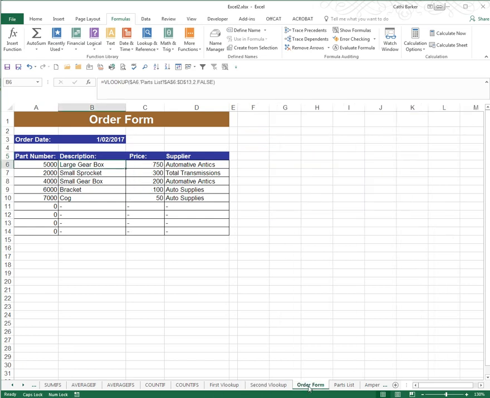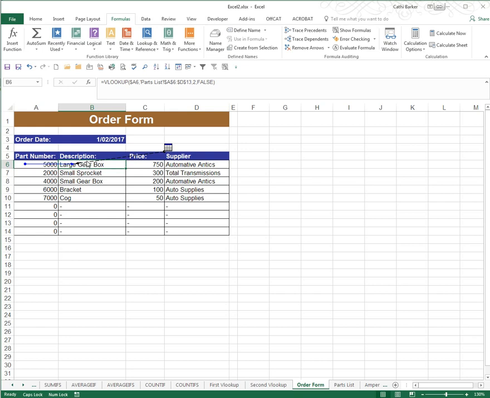Perhaps I'm curious about tracing the precedence here. So I click on a cell that contains a formula such as B6 and I trace the precedence. It says that it depends on A6, but it also has a little grid here and a black dashy line and a black arrow, which means there's also something else that also precedes this formula, but it's not in this